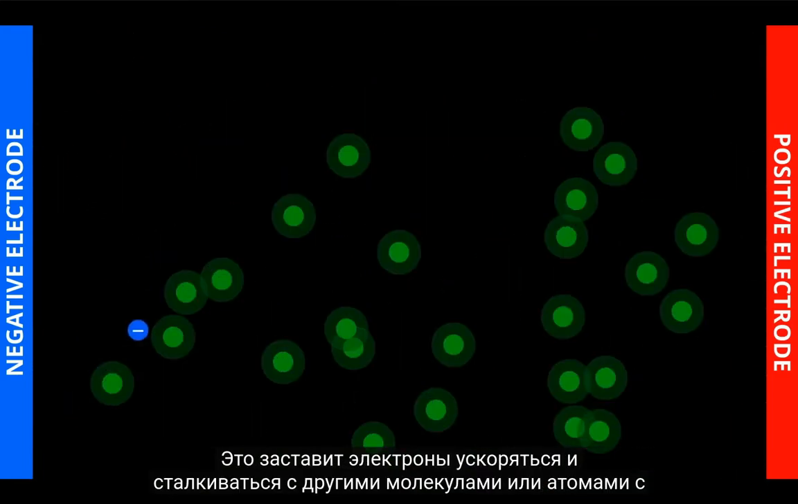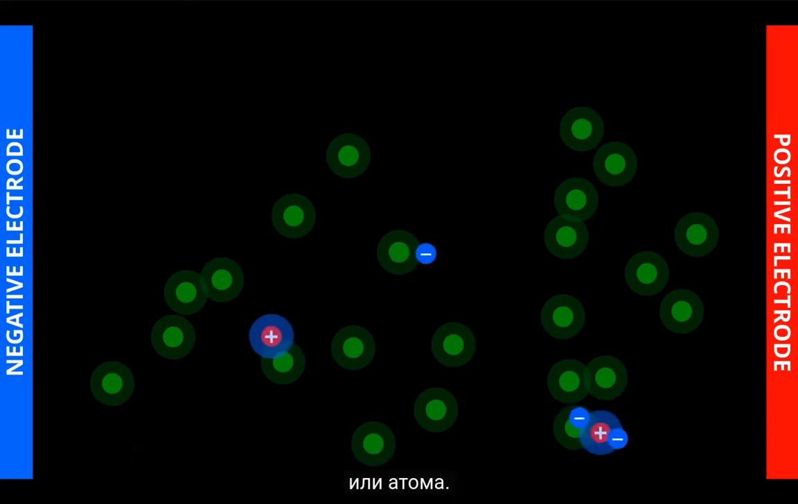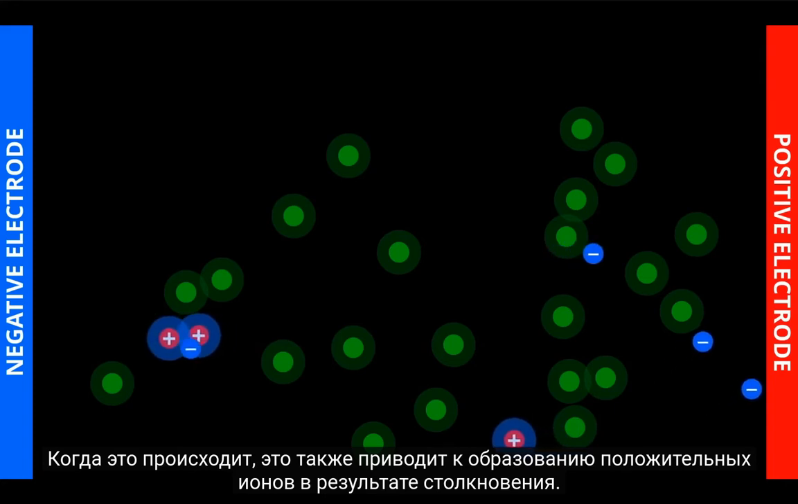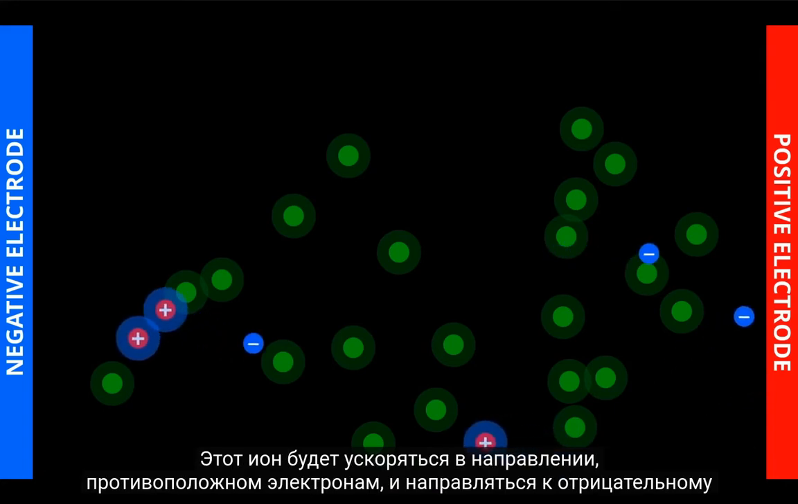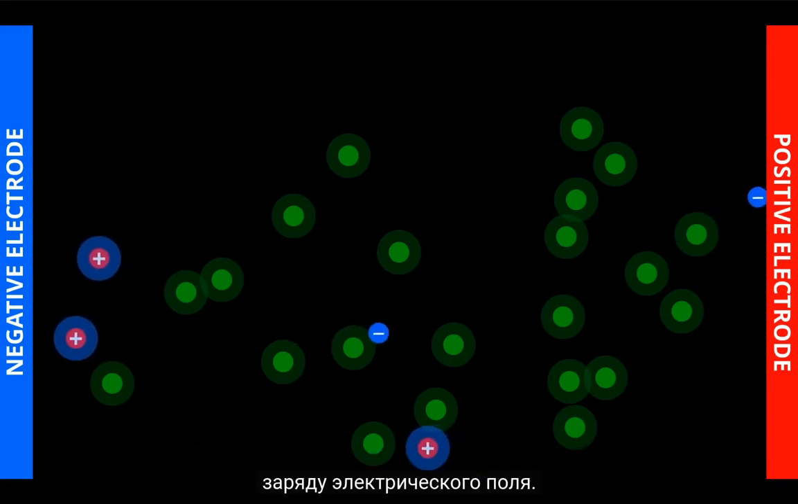This will cause the electrons to accelerate and collide with other molecules or atoms with enough force to cause further electrons to become dislodged from the impacted molecule or atom. When this occurs, it will also cause a positive ion to be created from the collision. This ion will accelerate in the opposite direction to the electrons and head towards the negative charge of the electric